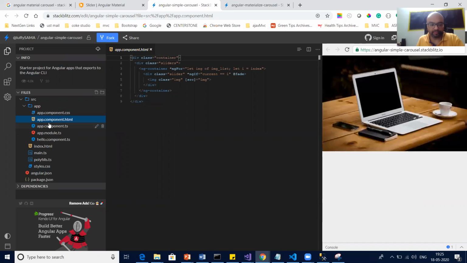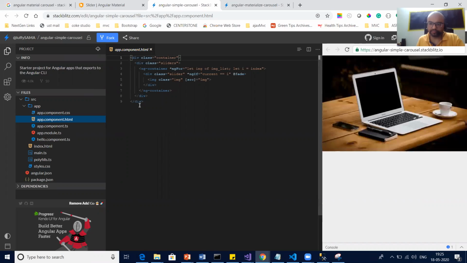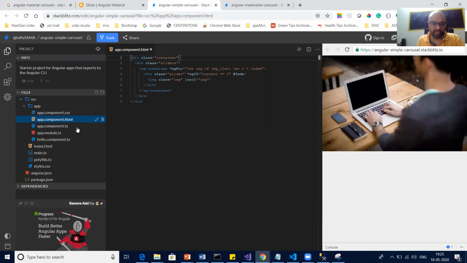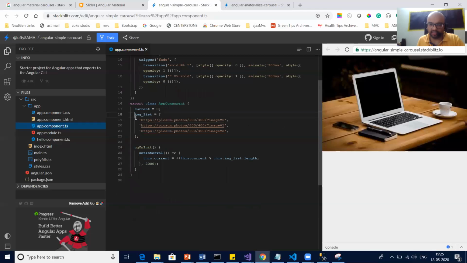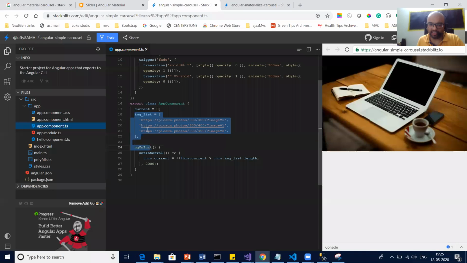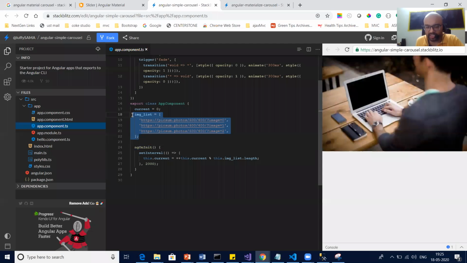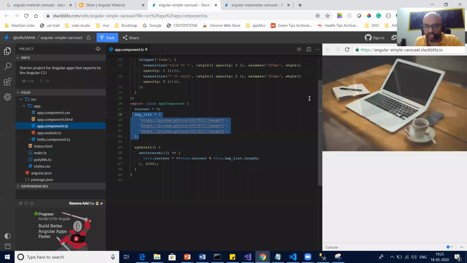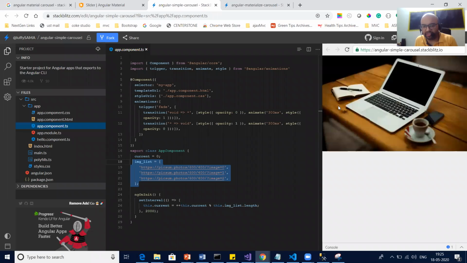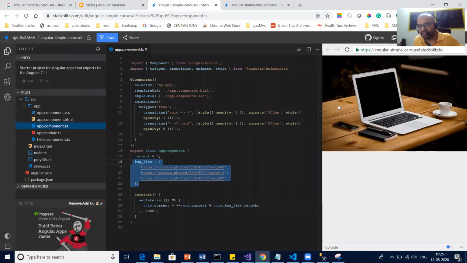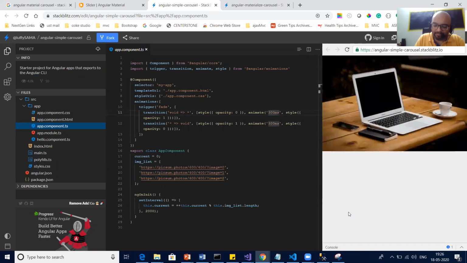So see this piece of code. Here, first of all, there would be an array of images. So you can see the image list. This would be our array of images, which we want to show on the screen. Now you see this animation. This is going very fast. It is traveling within half a second. So let's give some delay.